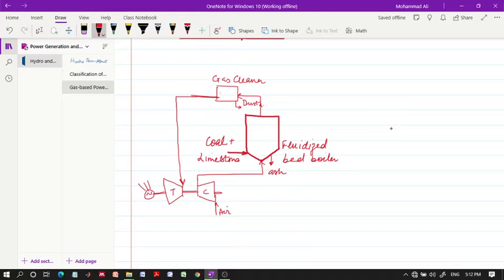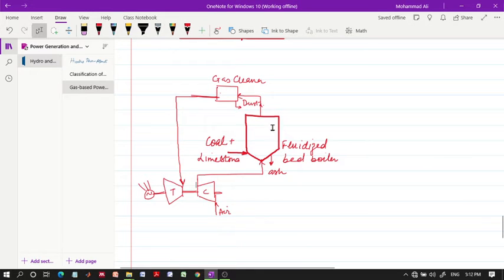The compressed air goes into the combustion of the coal, because even in steam-based turbine plants, what we do is inject coal and air inside the chamber, which burn together. That facilitates the burning of the coal. If we are not providing the air, what will happen? The coal will not burn fully. So the coal along with the air results in the combustion of the coal, and the sulfur is absorbed by the limestone, and the ash is taken out.